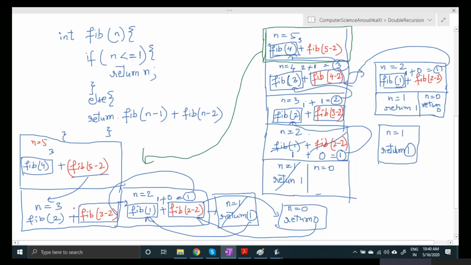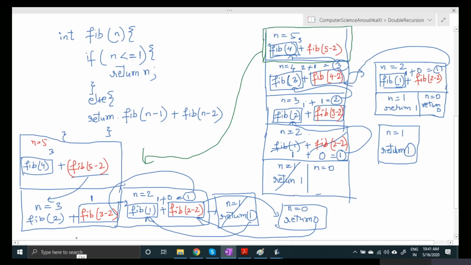So this is 1, right? What I have returned here, fib 1, no, fib 2. Wait, I have made a mistake. Fib 2, it will call this one, then 1 plus 0. It will not be returning to this point.